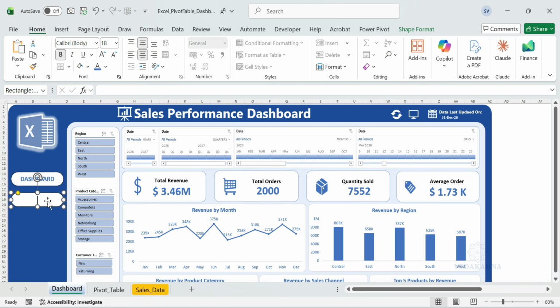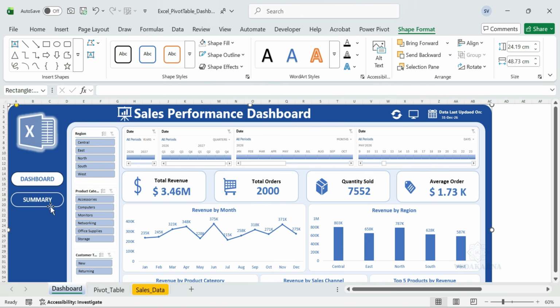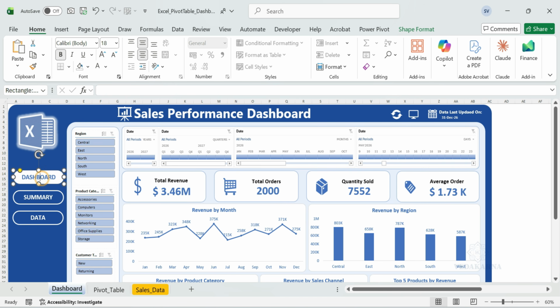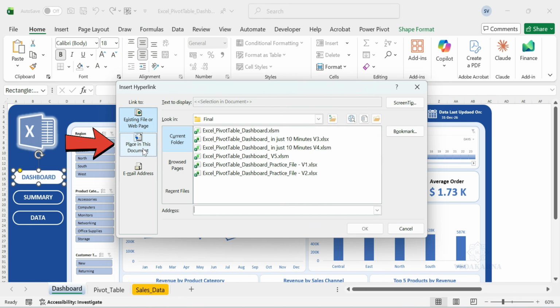Rename it to Summary. Give white font color, and remove the background fill color, and go to Shape Format. In Shape Outline, choose White. Now copy this and paste it below. Rename it to Data. Now right-click on this button, click on Link, go to Place in this document, click on